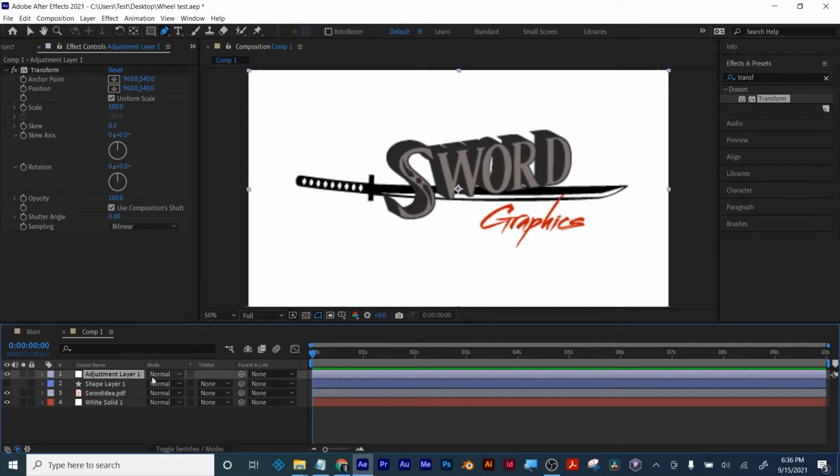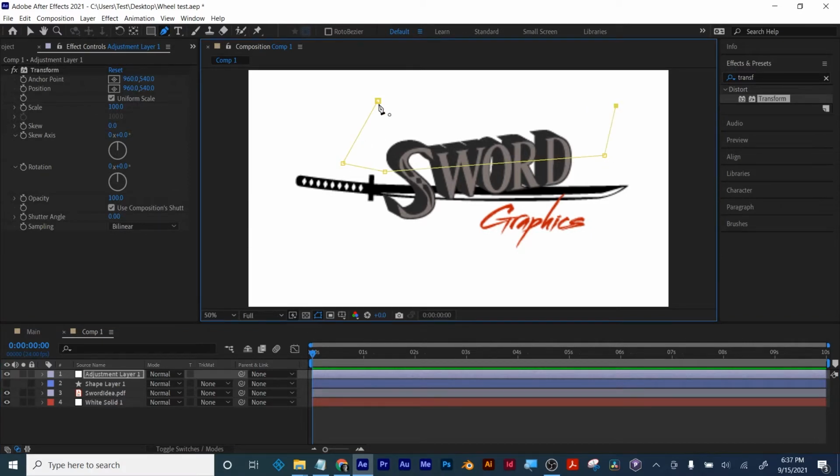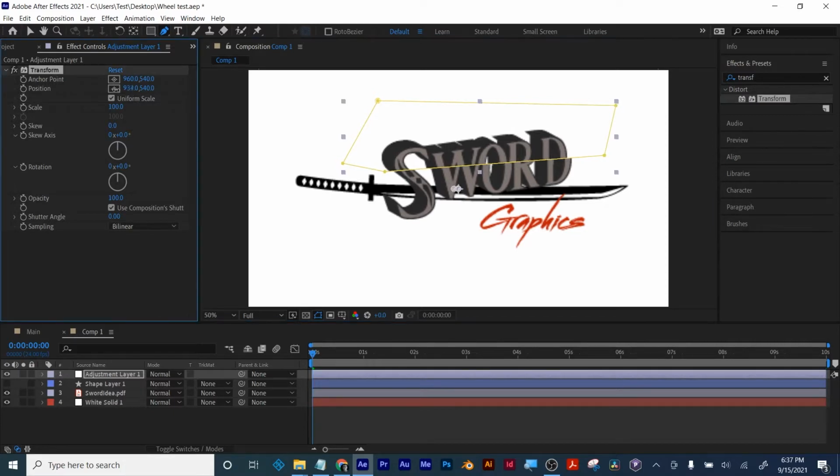So I've got my adjustment layer selected, and I'm going to just make a quick mask. So now, watch what's going to happen. Only what's inside this mask is going to be affected by the transform. So I showed you that quick sword slice,